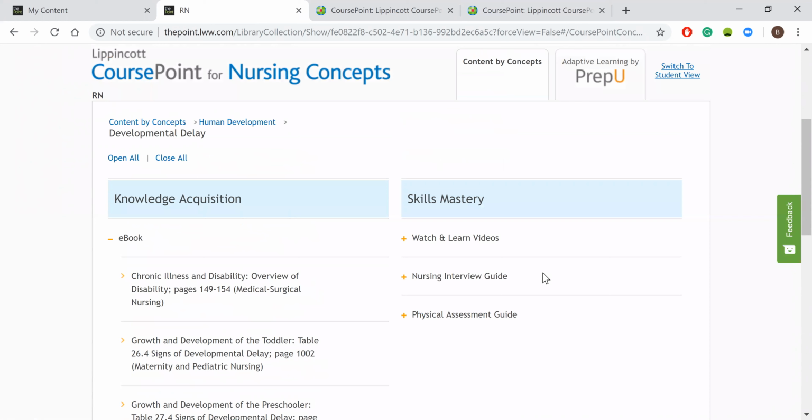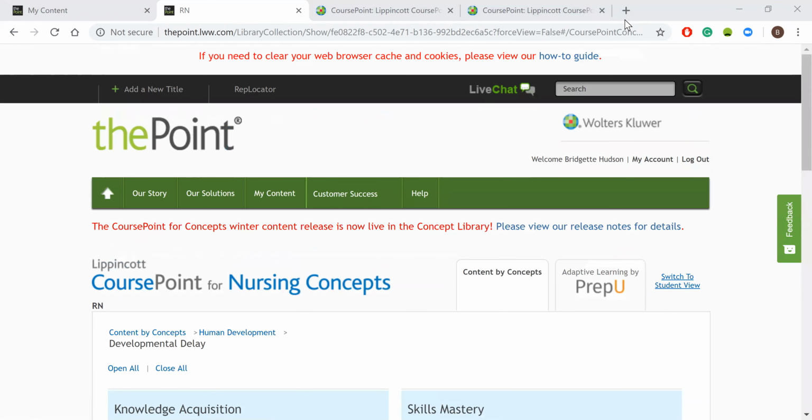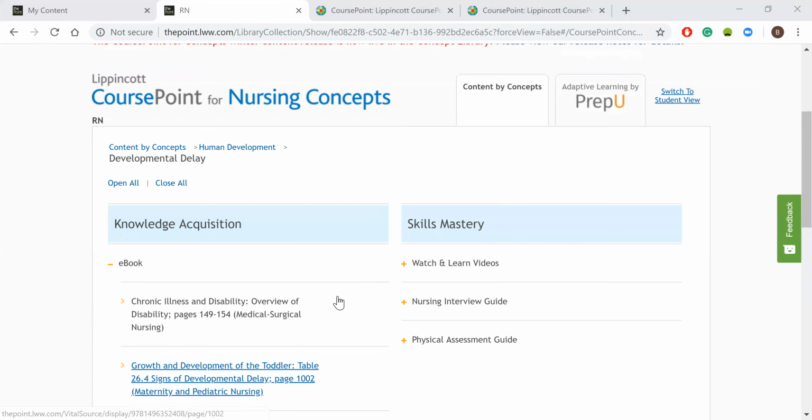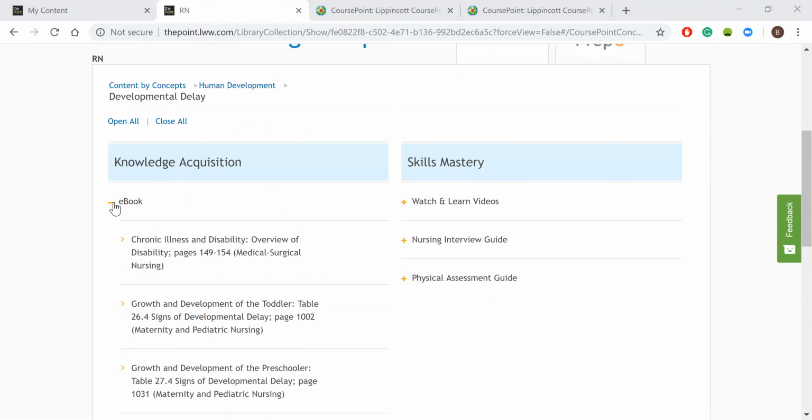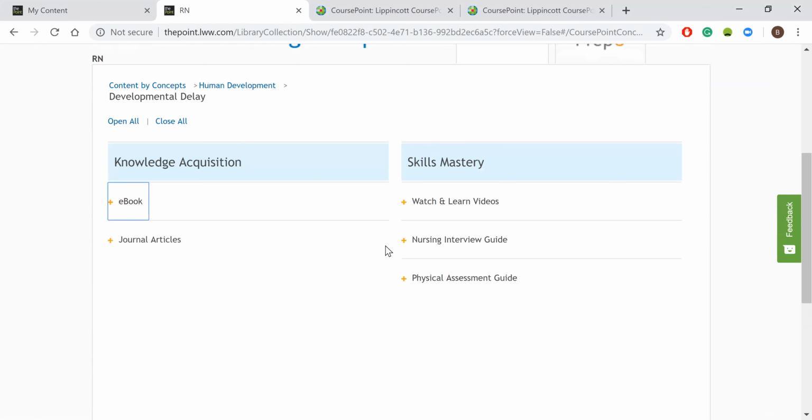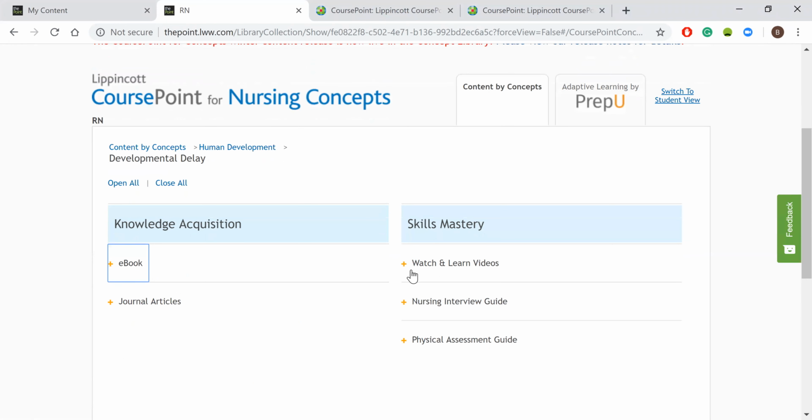So they have everything here for you. There's no reason for you to be going all over the place. Just try to stay focused on what you already have. Some of these will have interactive case studies listed on the left-hand side. Unless you're interested in the skills mastery, these are actual skills.